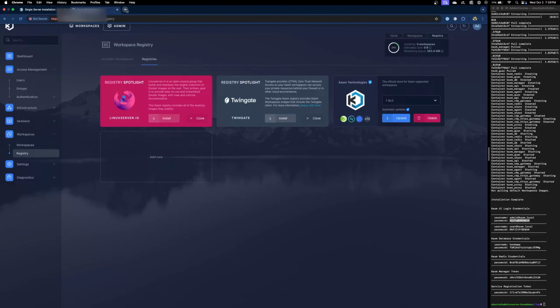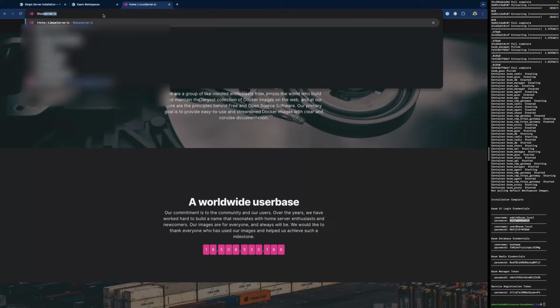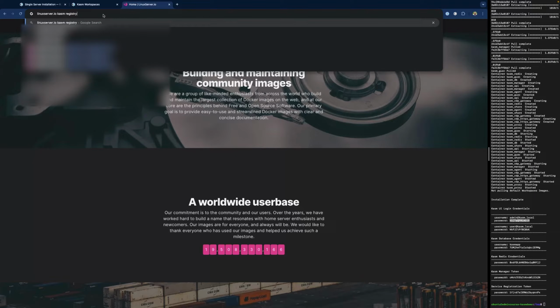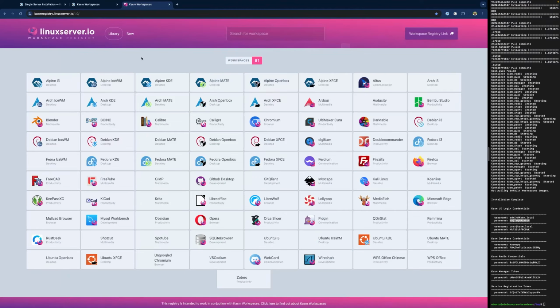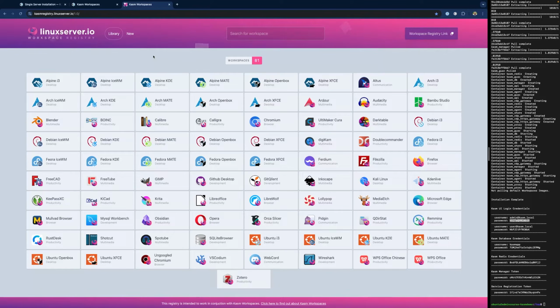But I will go ahead and simulate this. I'm just using Linux Server IO as the example. They happen to provide a workspace registry link here, so I'm going to copy that URL.